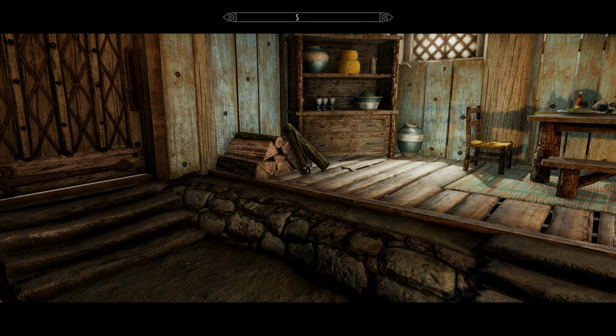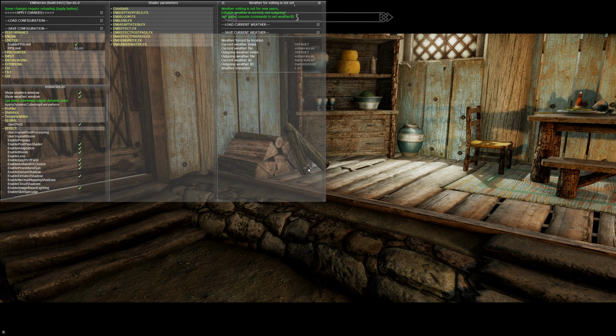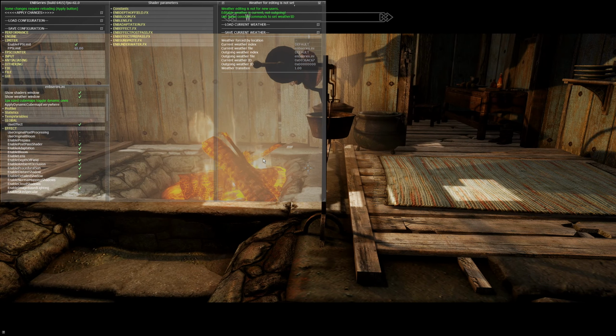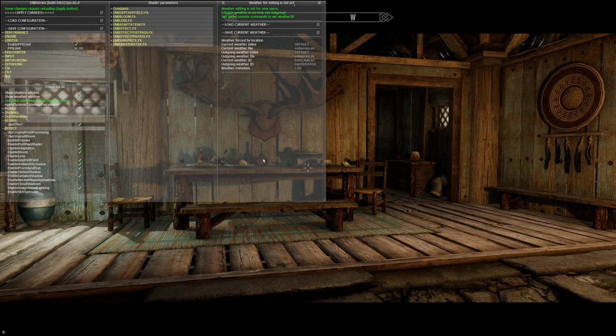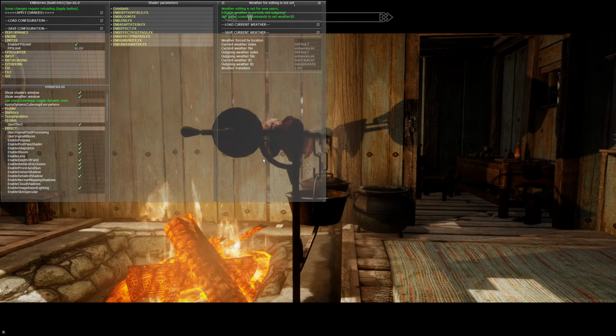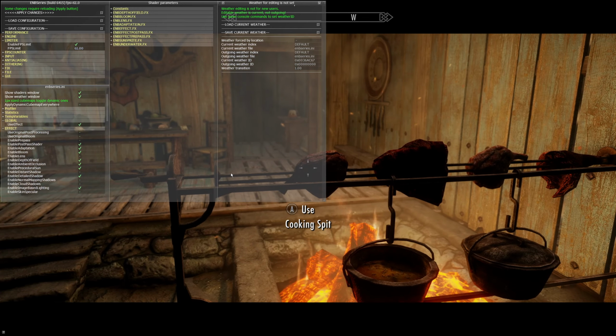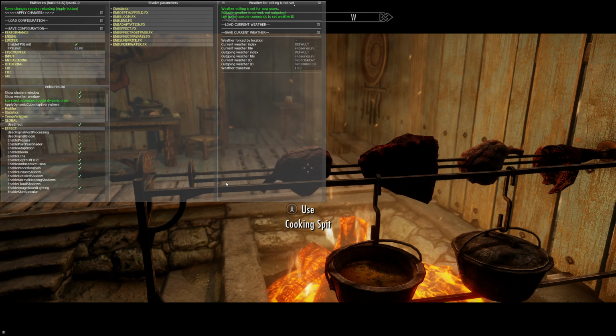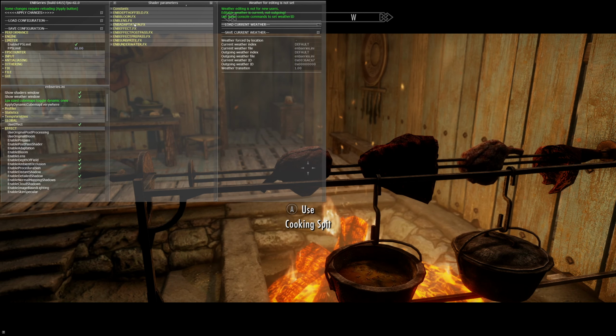Now, to get rid of these letterboxes, what you do is you hit Shift and then Enter, and you'll get an ENB window in here. So you can tweak some ENB settings in here if you don't like depth of field. What depth of field is, if you're looking at an object up close, like let's say I want to look at this piece of meat here, sometimes it'll make the background blurry just so you can focus your eyes on that. You can turn that off by going here to enable depth of field and turning it off or on. But to get rid of these letterboxes here, I believe we have to go to